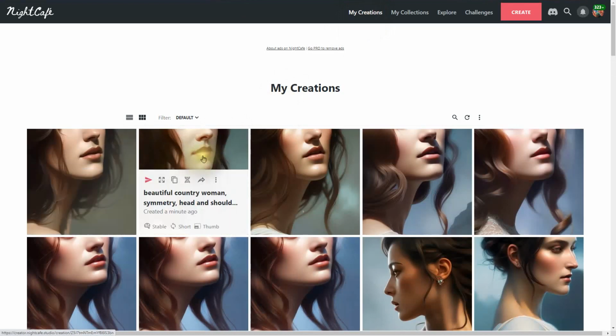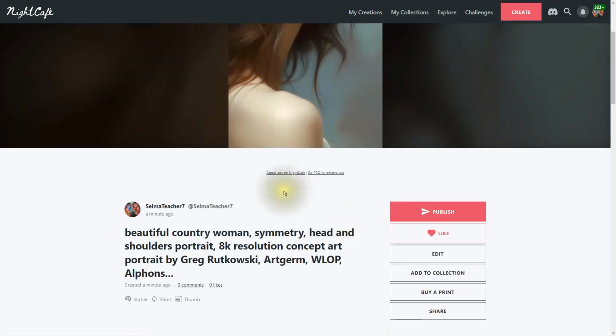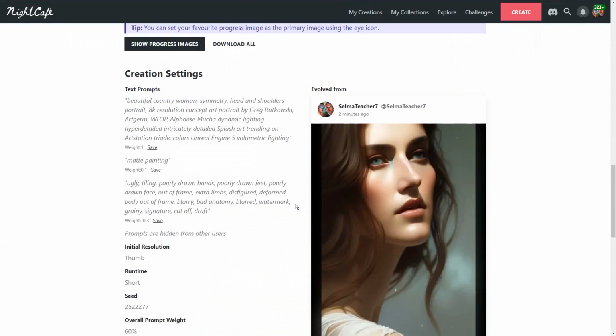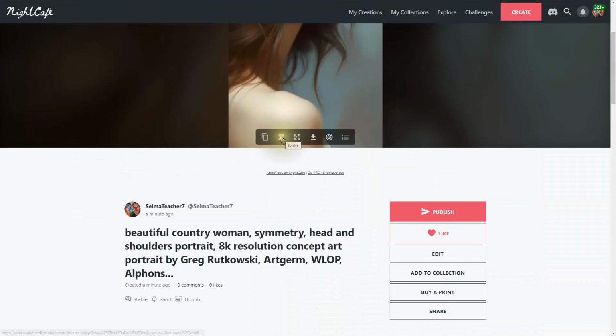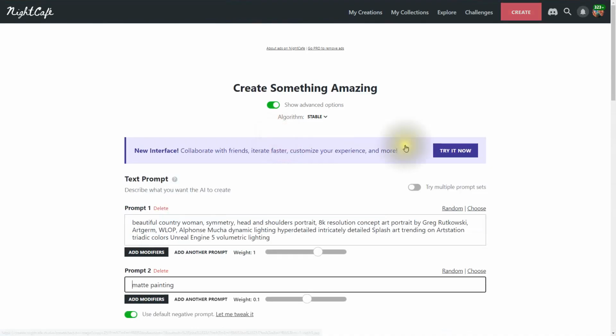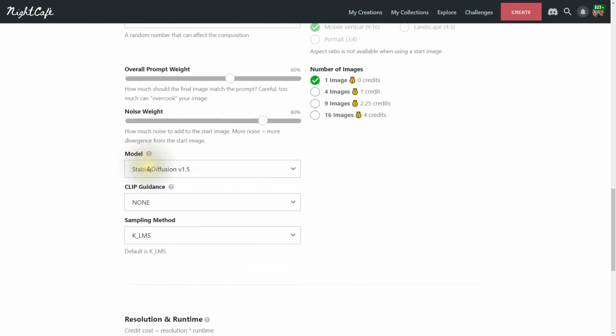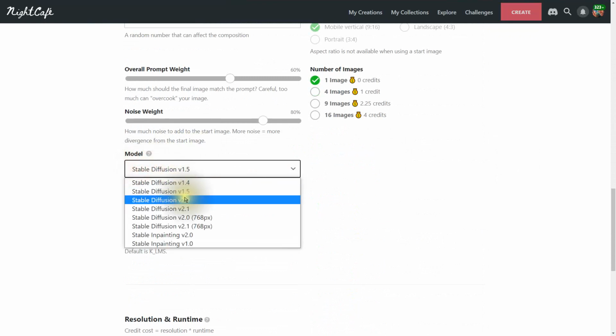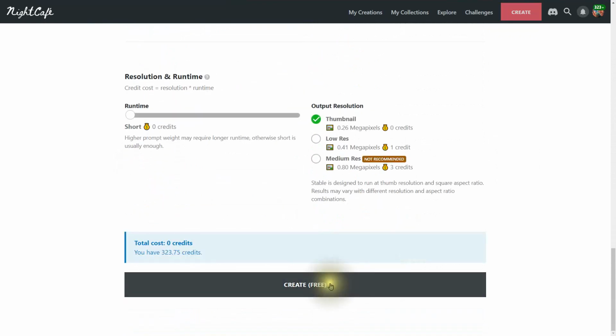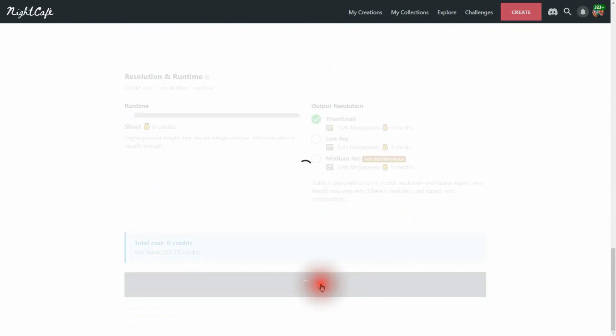And let's say I go back to the original here, this one here, and now what we're going to do is let's evolve this, and I'm going to choose a different model. So let's go 2.0 and see how it paints that one differently. Let's try that.